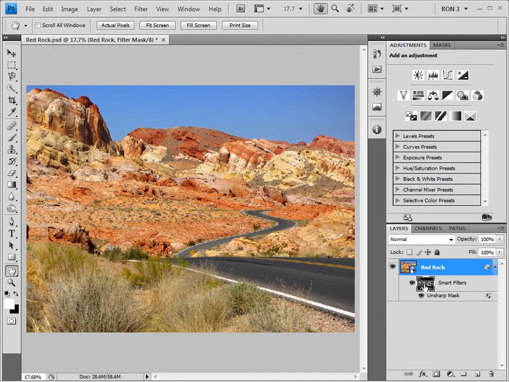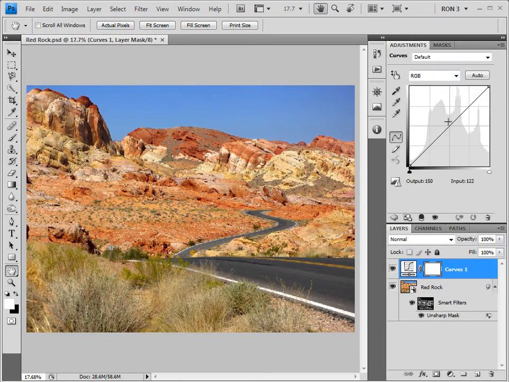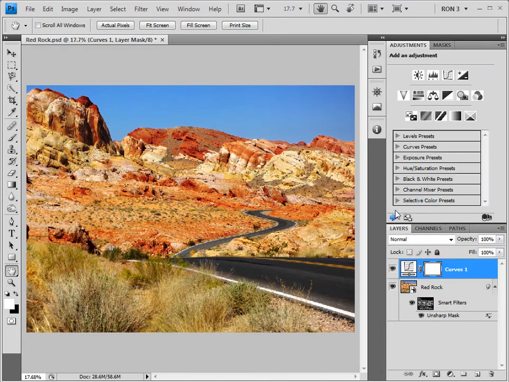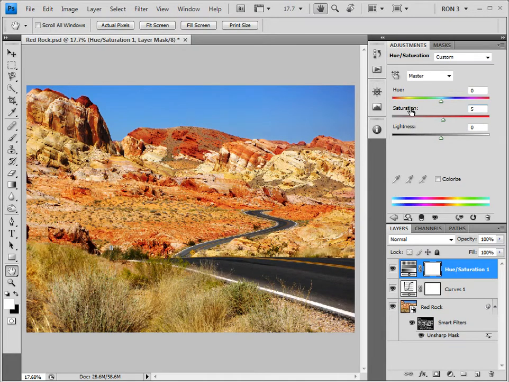Okay, where do we go from here? I think that a curves layer to add some contrast and a hue saturation layer to add a small amount of saturation would work well. At this point, we would normally interpolate the image to its print size and apply a final sharpening. However, to save time, we will skip the interpolation and go straight to the final sharpening, which will be a